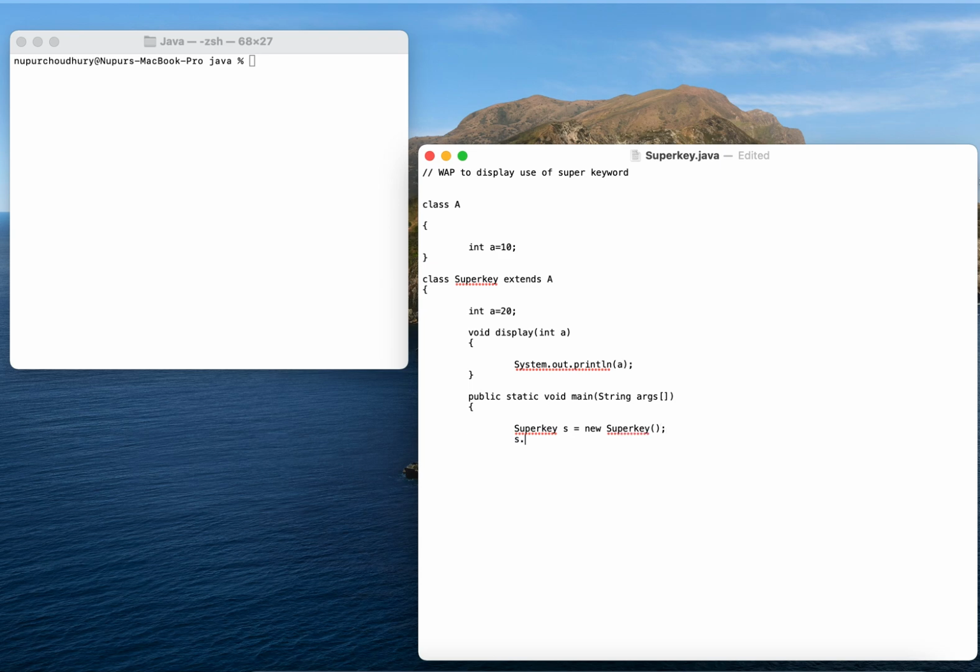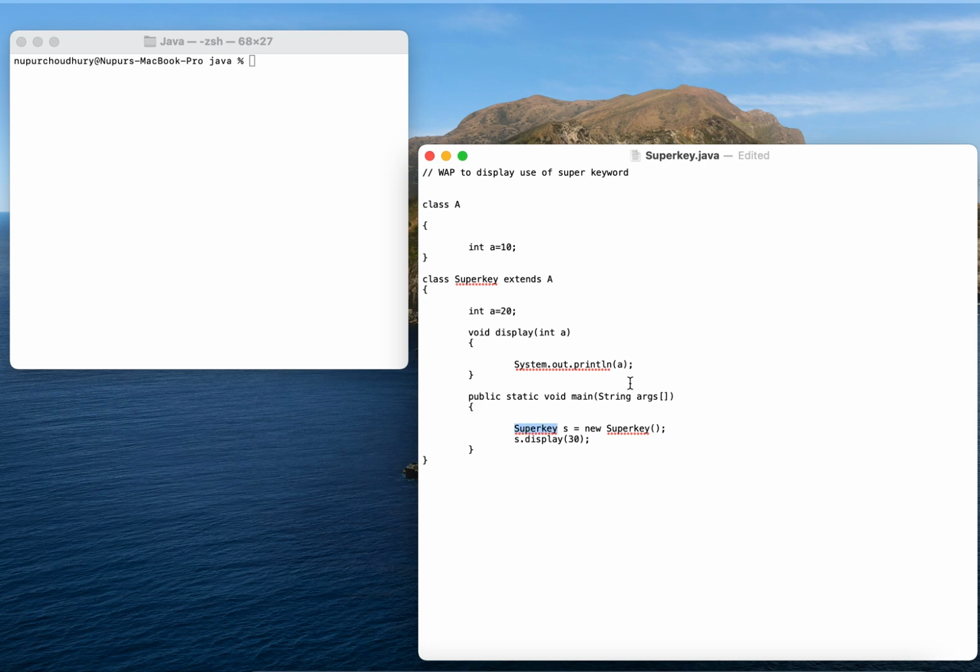Using the same object s, I will be printing the value of a. Suppose I'm passing 30 as a value. When I compile this, it is essentially sending this value to the Super Key class method display, because s is the object of the Super Key class.